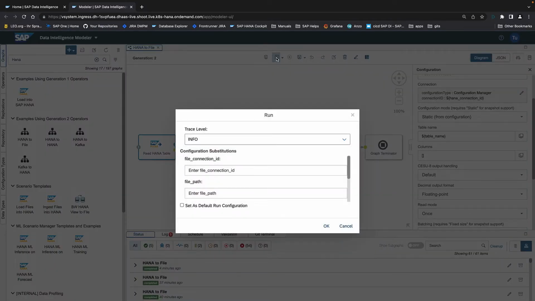Because we have seen that there are parameter substitutions, we are asked to enter these parameters. We can also change the trace levels from info to debugging, for example. Here we have to enter the output file. In my case it is S3 catalog, and we will store it to temp